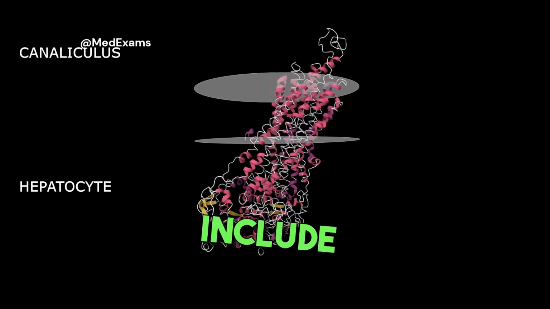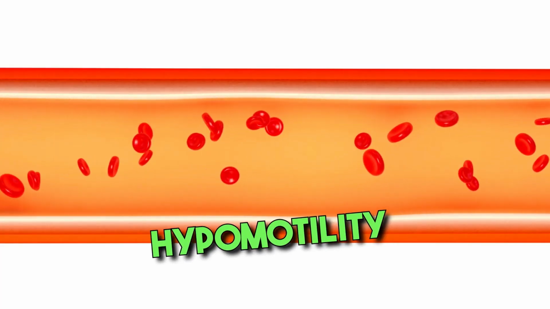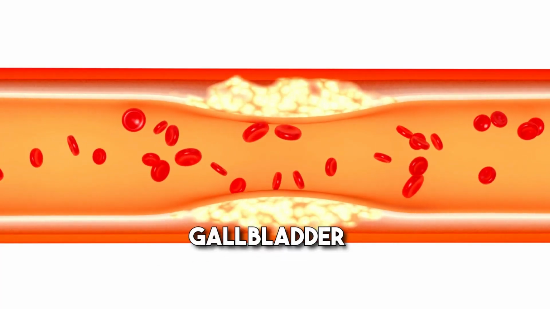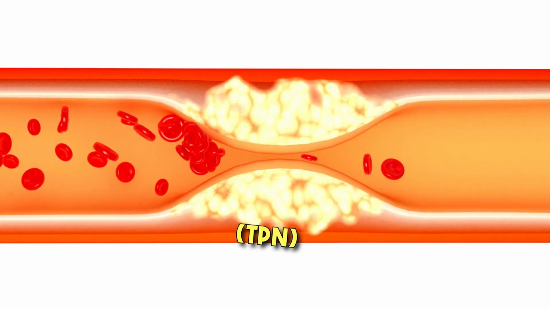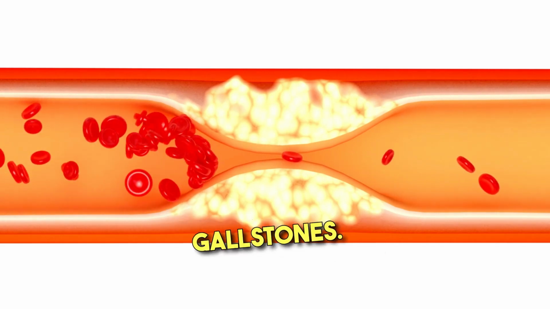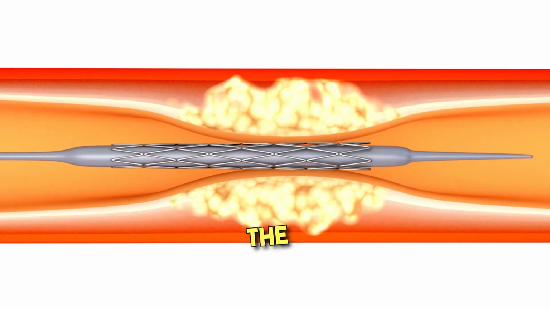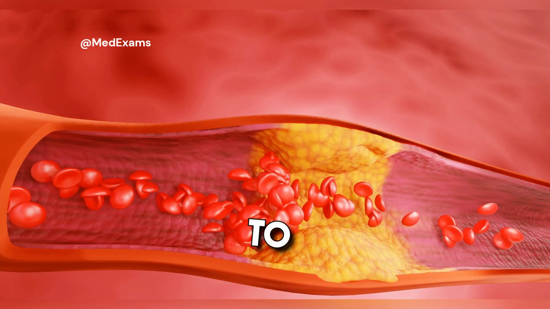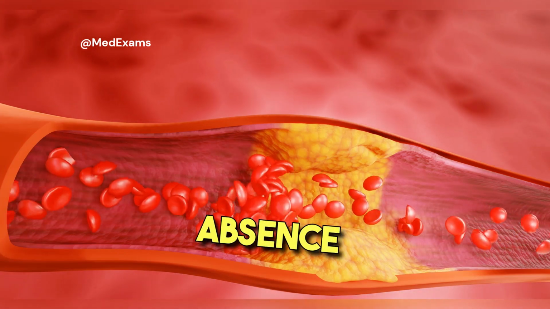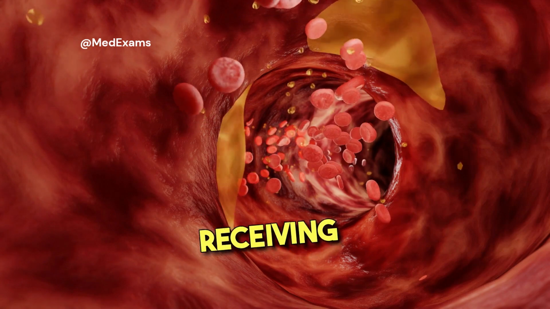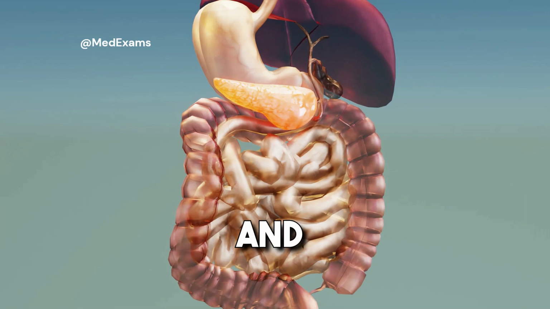Risk factors for gallstone formation include obesity or rapid weight loss, female sex, glucose intolerance, and hypomotility of the gallbladder, as with prolonged fasting. A prolonged course of total parenteral nutrition, TPN, is often complicated by gallstones. In normal individuals, enteral passage of fat and amino acids into the duodenum triggers release of cholecystokinin, CCK, leading to contraction of the gallbladder. The absence of normal enteral stimulation in patients receiving TPN leads to decreased CCK release and